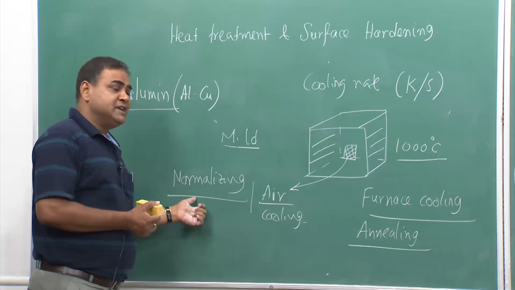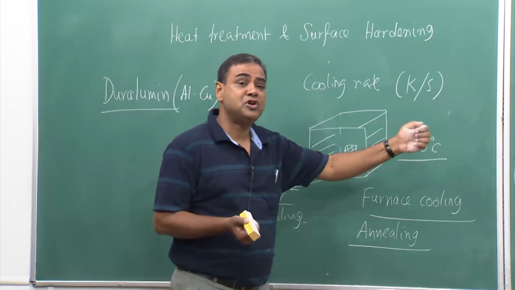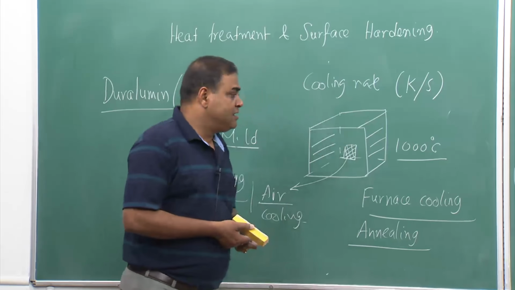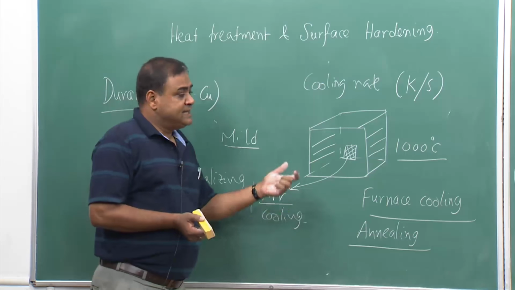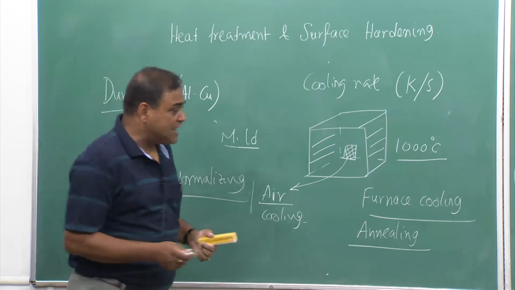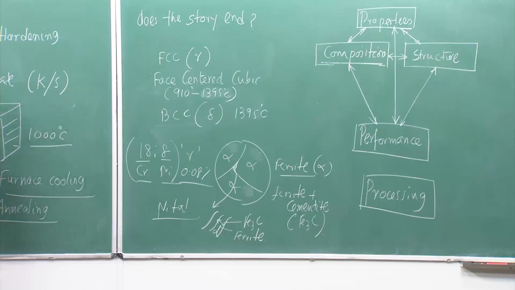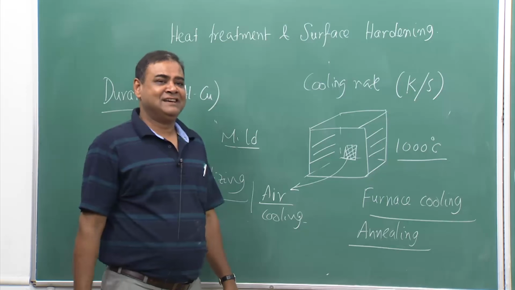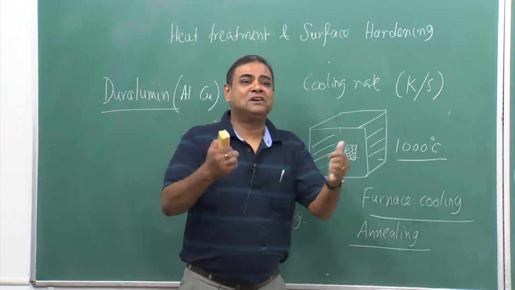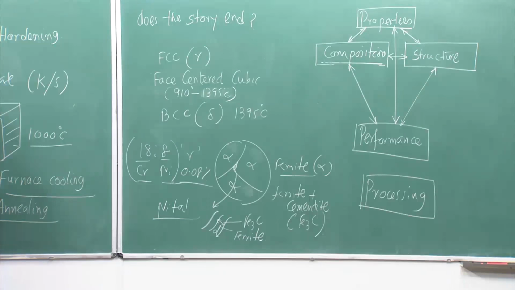Do you think in these three conditions the structure would be the same? I am talking about the microstructure, because the crystal structure would not change. Ferrite would have the same structure as BCC, cementite would have the same structure. Now, the only change that would take place is the microstructure, and the microstructure would get finer and finer. So, if we consider the distance between these two as d, as we go to higher and higher cooling rate, this distance between two lamellae would decrease. So, that means the pearlite becomes finer,